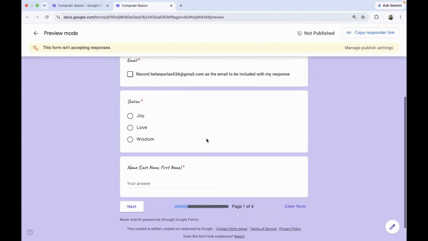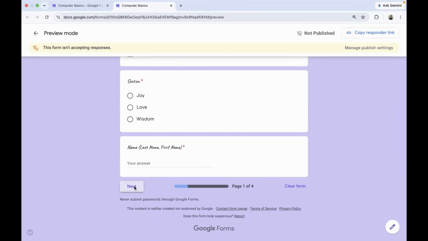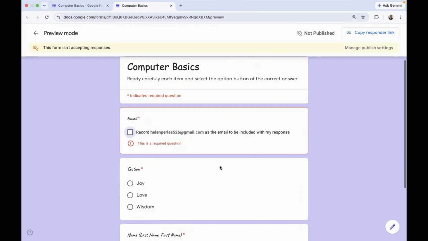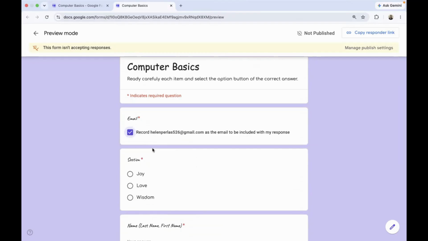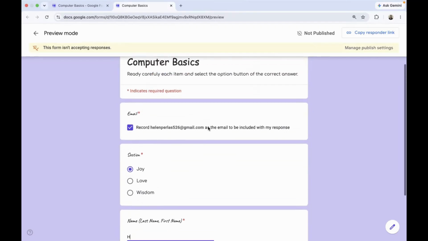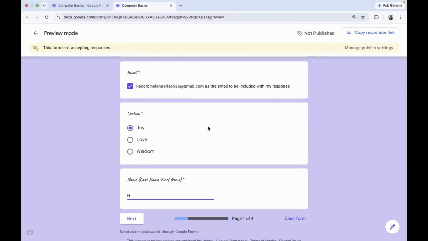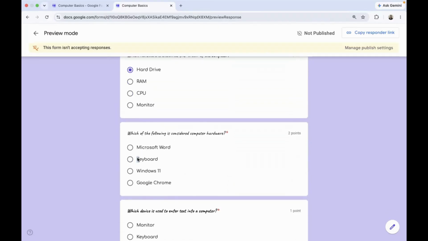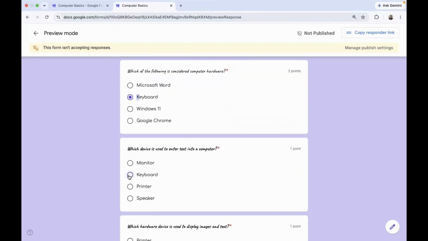If you want to move on to the next section, you just have to click the next button. Since I haven't filled out the required information yet, I was not allowed to move to the next. I just have to fill out the required information before I can move on to the next section. Then you can start answering the questions.